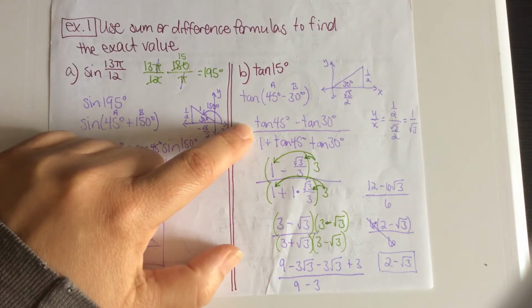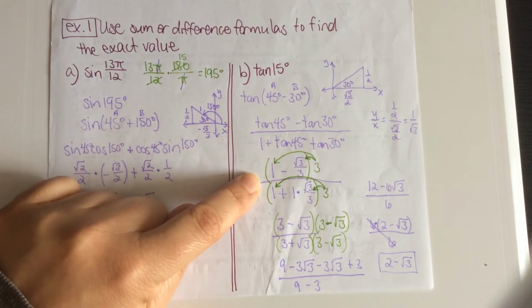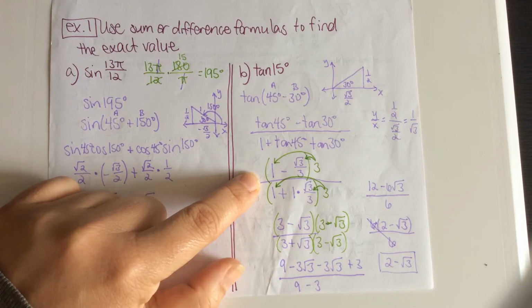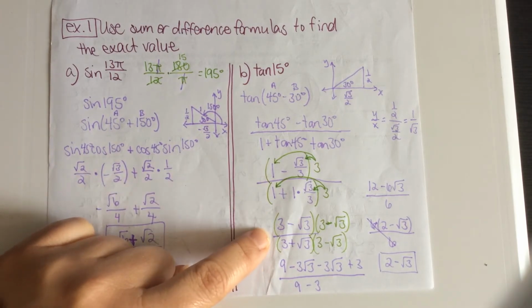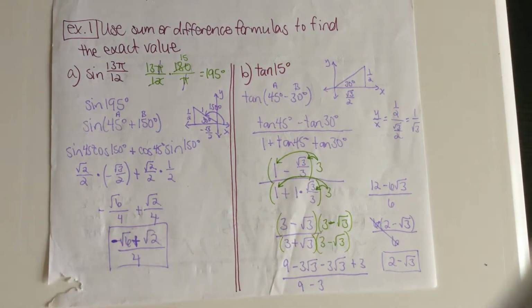These ones are always a little bit more difficult because we always end up with fractions within fractions. So we have to multiply by the LCD to get rid of those fractions. And we have to rationalize the denominator. So simplifying all the way down. And then in